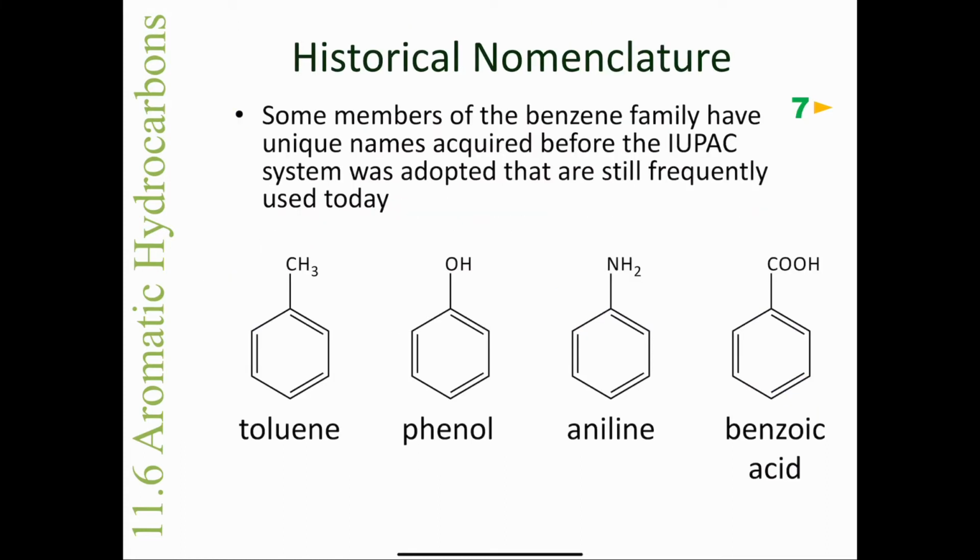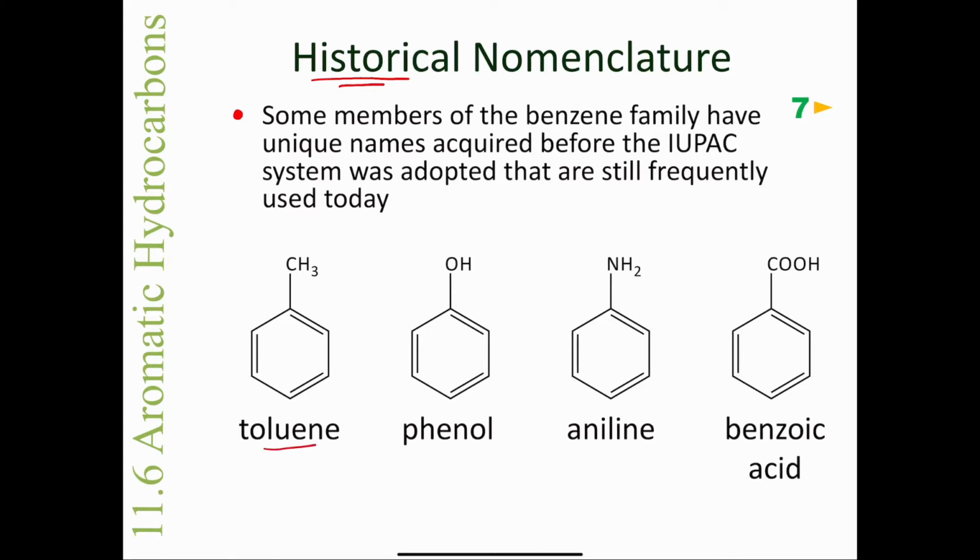But things can never be that easy, and you have to know also what is known as historical nomenclature. It says here that some members of the benzene family have unique names that were acquired before the IUPAC system was adopted and that are still frequently used today. So this molecule that you see here on the far left, you have a methyl group attached to your benzene. So it might be a knee-jerk reaction to call that methylbenzene, and technically that could be an acceptable name, but the name that is commonly used, that it was given to this molecule a long time ago, is called toluene,